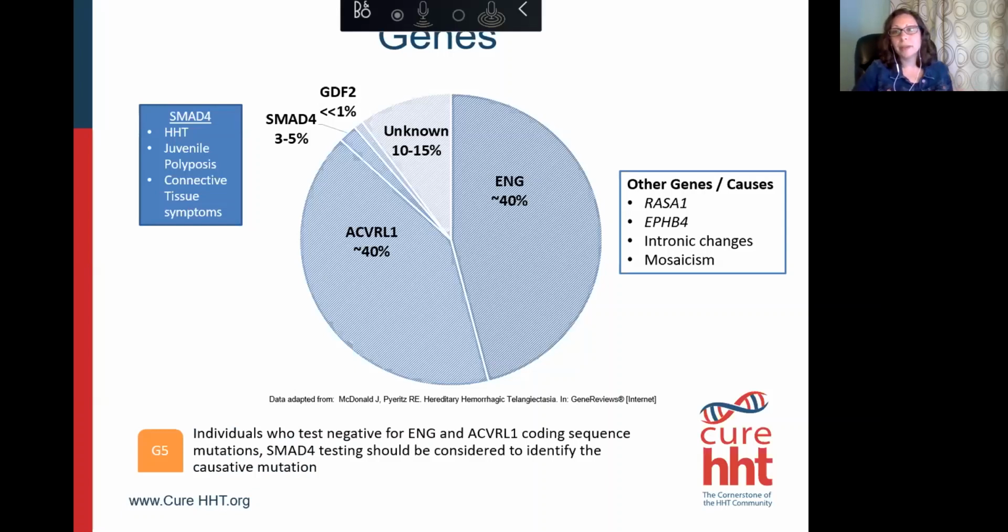And so the fifth guideline that I already mentioned talks about what genes we should test for if you have HHT. And really, ENG and ACVRL1 you should be tested for. And if those are negative, then you should definitely consider testing for SMAD4 as well. In practice, what I would say is most labs offer all 6 of these genes that are on this panel